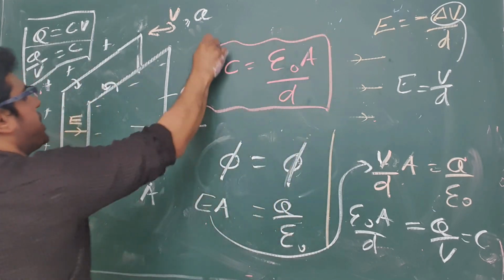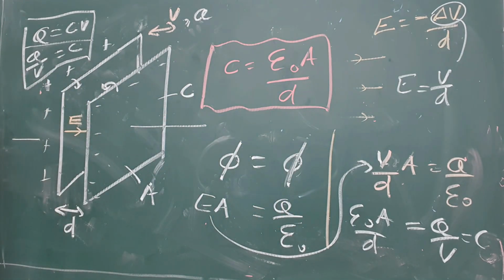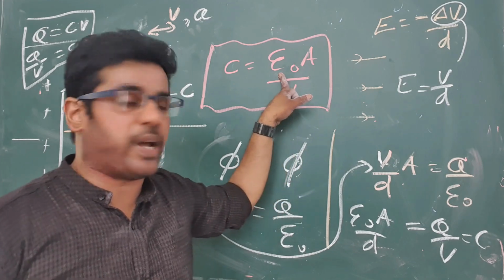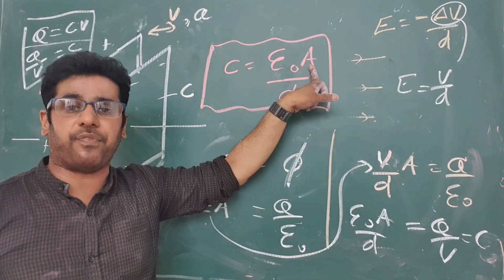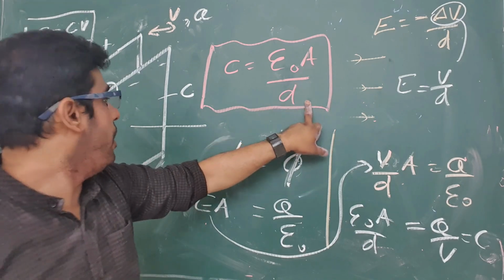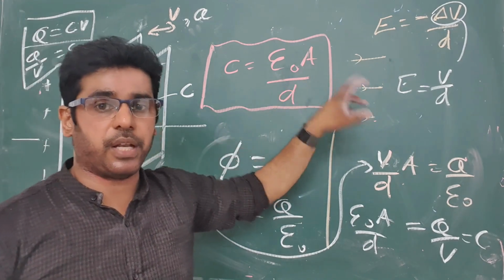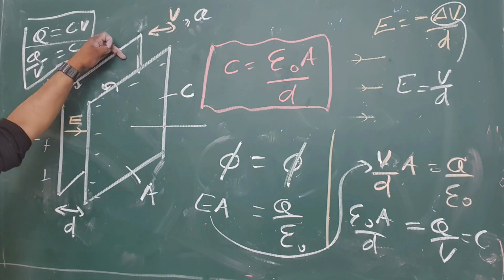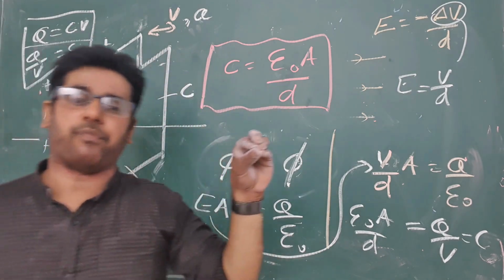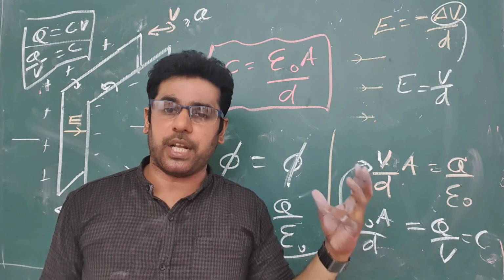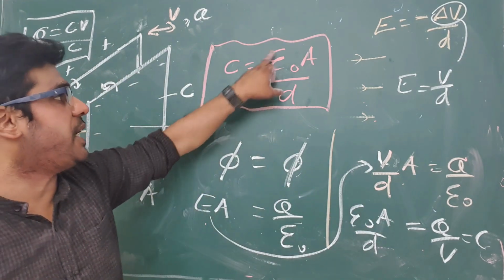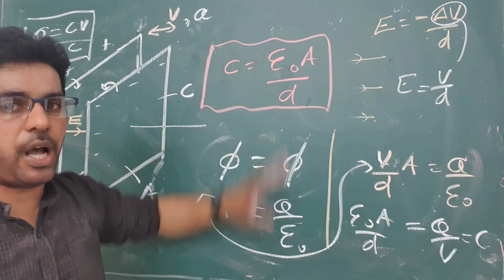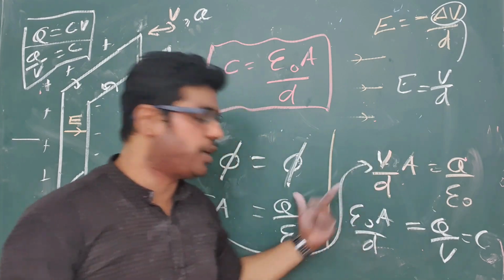Now this is the general expression for the condenser or parallel plate capacitor. Epsilon naught, everyone knows, is the permittivity of air or free space or vacuum. A is the cross section area of the parallel plate and D is the distance between the two plates. Now we can write this when the space is filled by air. But when we fill it with paper or thermocol, you have to write another epsilon, the permittivity of the given medium. Now we will see it in the next video clip.